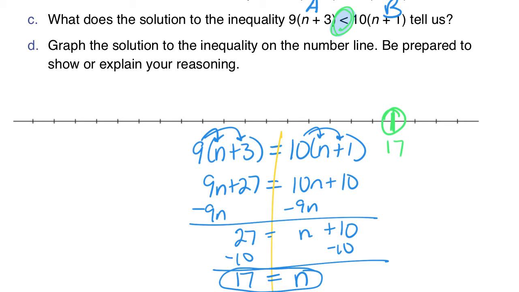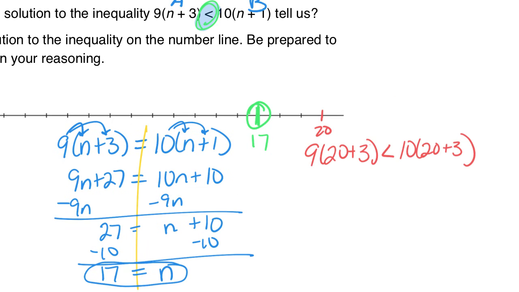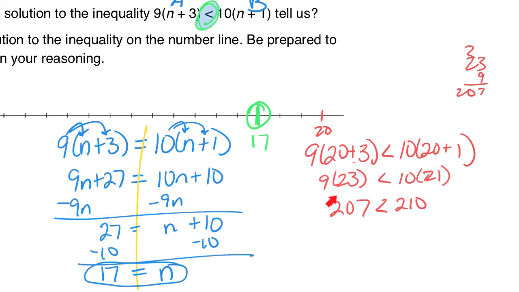But now I need to decide, is my arrow for my solutions going to go to the right or to the left? So I'm going to choose 20 on the right and test this. So I plugged in 20 for n, and I have to decide if it makes this inequality true. When I plugged in 20 for n, I ended up with 207 is less than 210, and yes, that is true. So that means my arrow is going to go in this direction to the right. And what that means is that any number of students greater than 17 is going to make Orchard A less